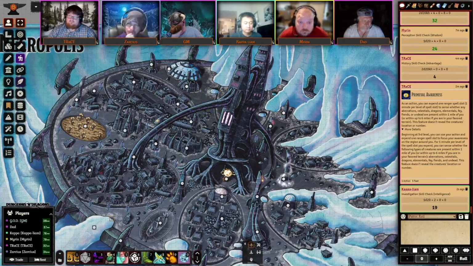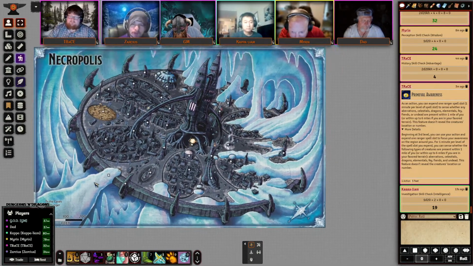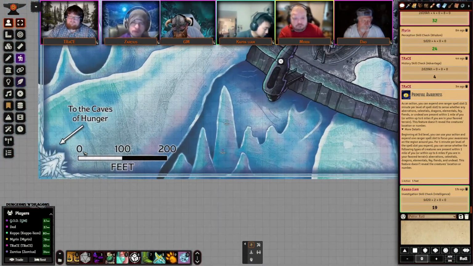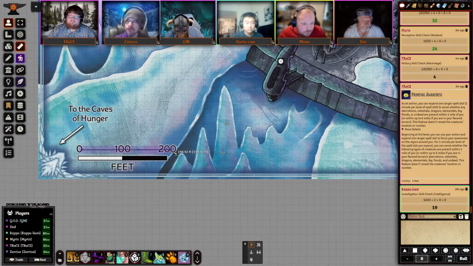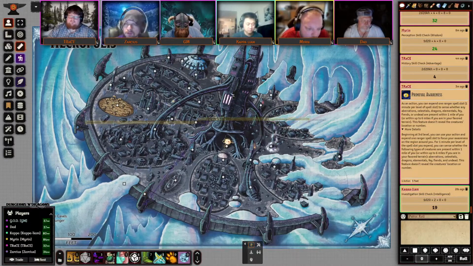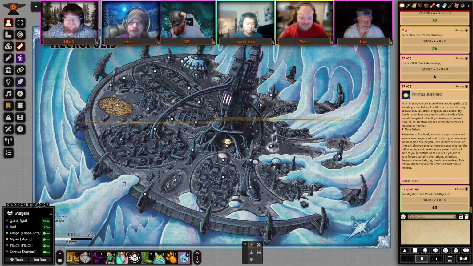Fae, fiends, undead. I wish this thing would tell me how big is Yithrin. There is a scale down there, bottom left corner. So it's about 12 squares is 200 feet. I wonder if this will do measurement. Oh, yeah, that's kind of close. I'm gonna say 6 miles is within Yithrin. Okay. So within Yithrin itself,